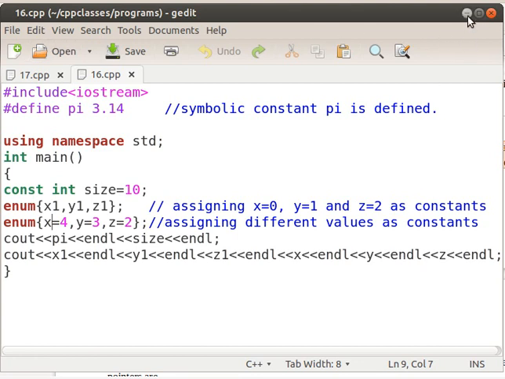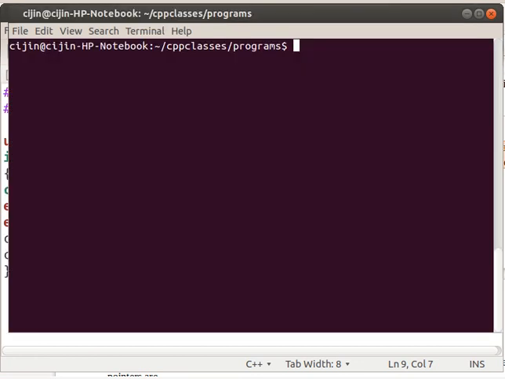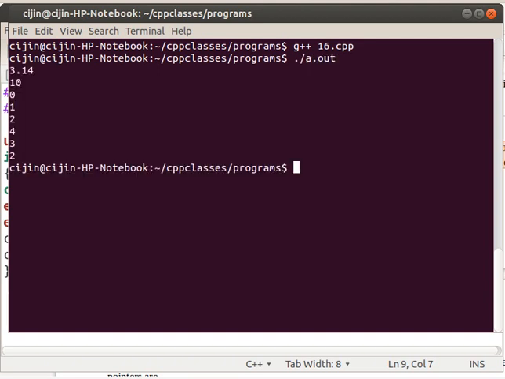Let us see what happens. g++ 16.cpp, then ./a.out. The value of pi is printed first, 3.14, then size is printed as 10, then 0, 1, 2 are the values of x1, y1 and z1, and x, y, z are 4, 3 and 2. The values cannot be changed inside the program. So these act as symbolic constants.